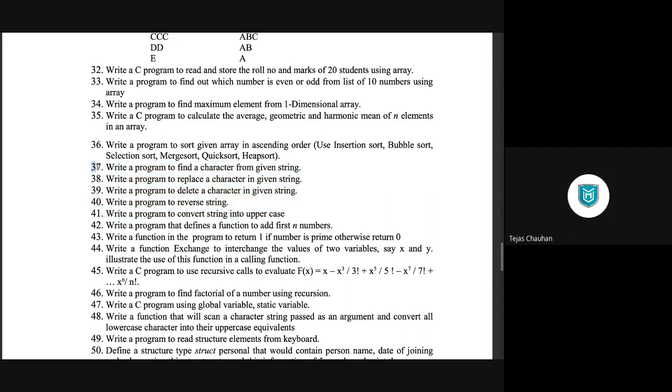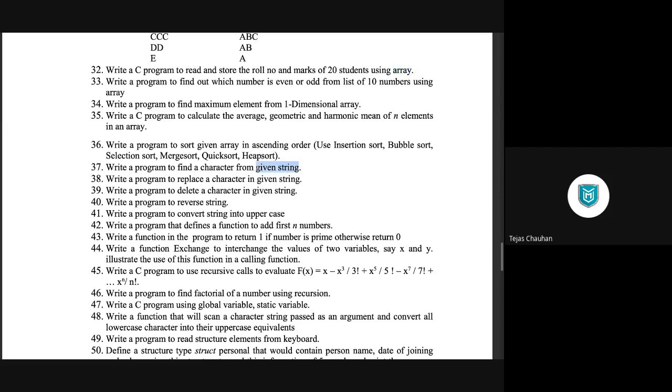Starting with the first one, the 37th program, it says write a program to find a character from a given string. So it's nothing but a searching process, right? And a string is nothing but an array, a character array.